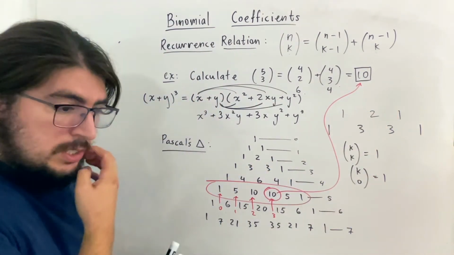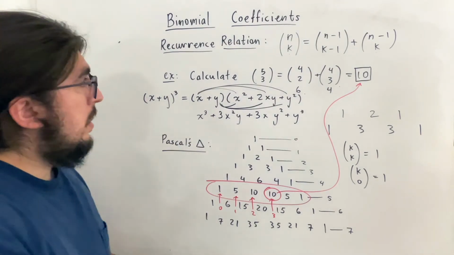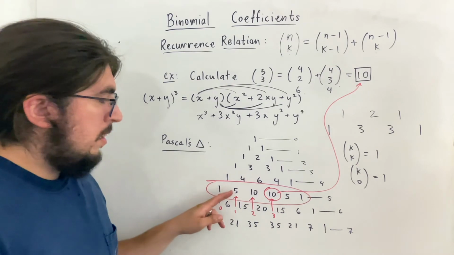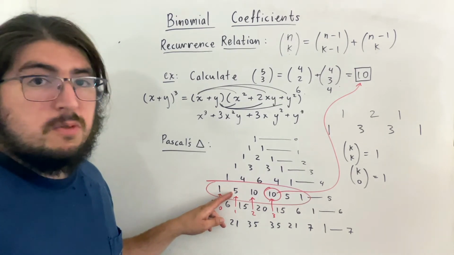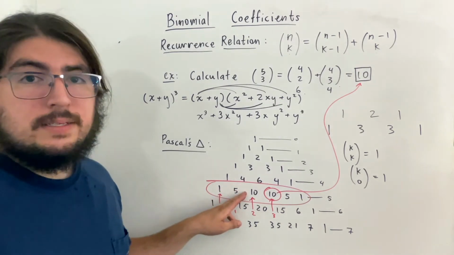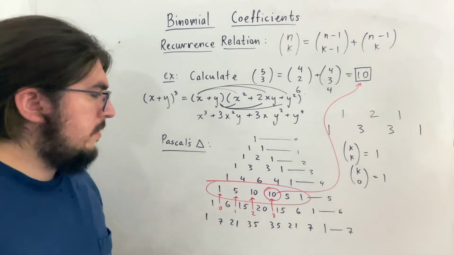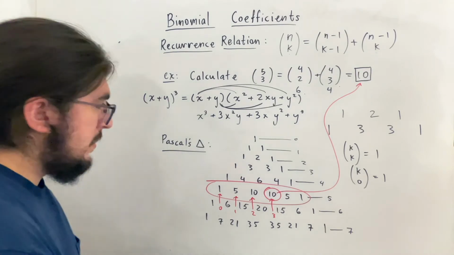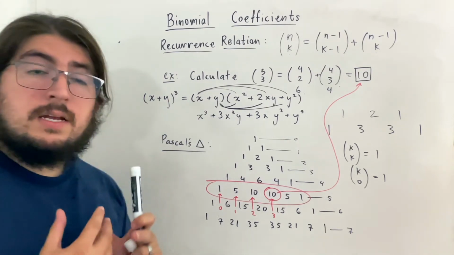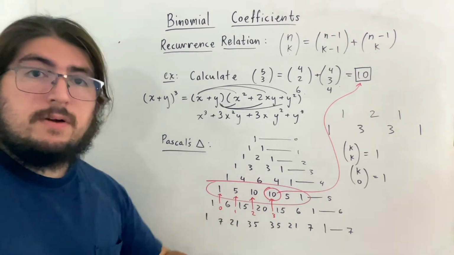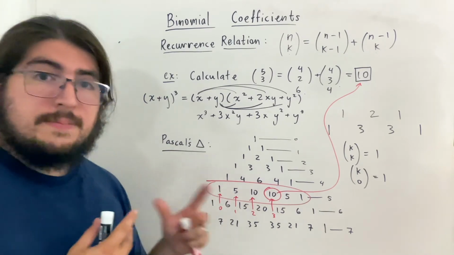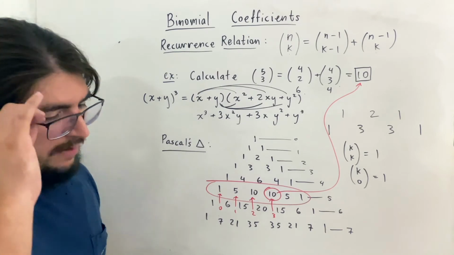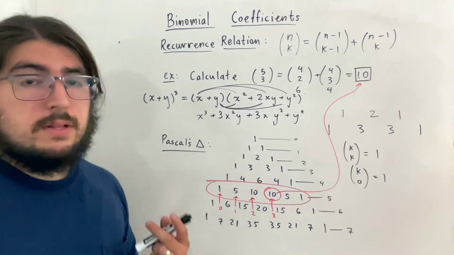And the great thing about Pascal's triangle is now we can expand x plus y to the 5th out if we wanted. It'd be this x to the 5th plus this times x to the 4th y plus this times x to the 2nd y to the 3rd, and you kind of go from there. So what happens is the powers of x decrease from 5 to 0, and the powers of y at the same time increase from 0 to 5. So that's kind of interesting, and that is known as the Binomial Theorem,